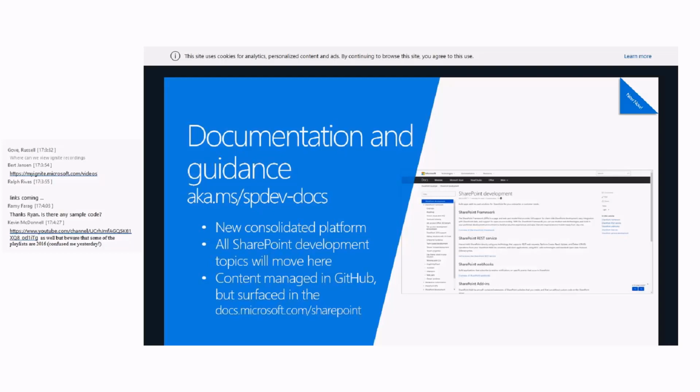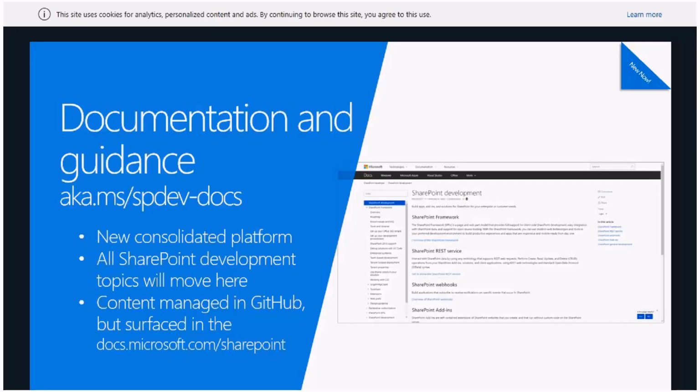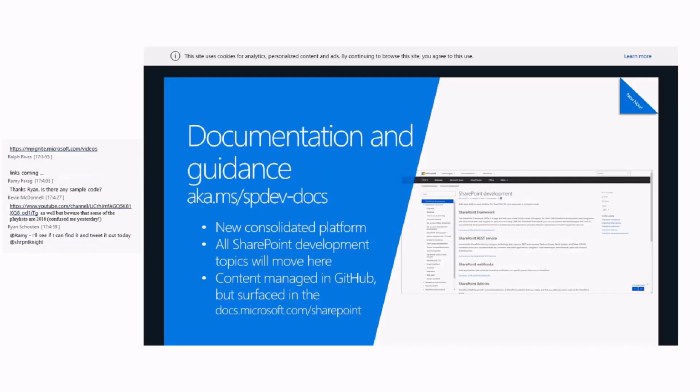So if you go to aka.ms/spdev-docs or docs.microsoft.com/SharePoint, you will actually land on the new platform. And this is where all of the content, also for example from MSDN, all of the active content from MSDN will be migrated. And that's mainly because MSDN is a really super old platform where people cannot contribute on the